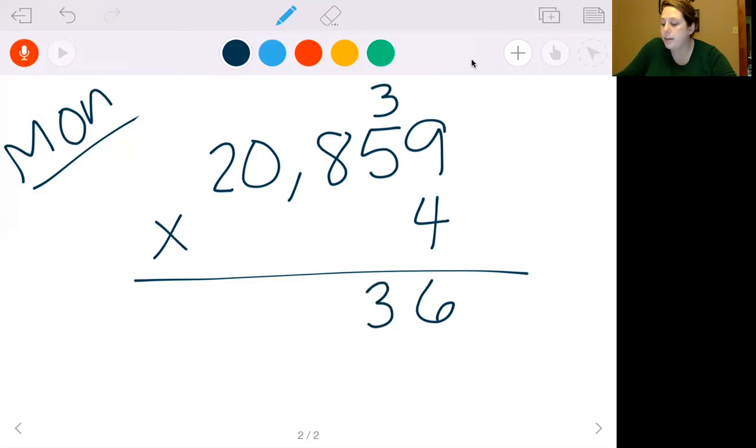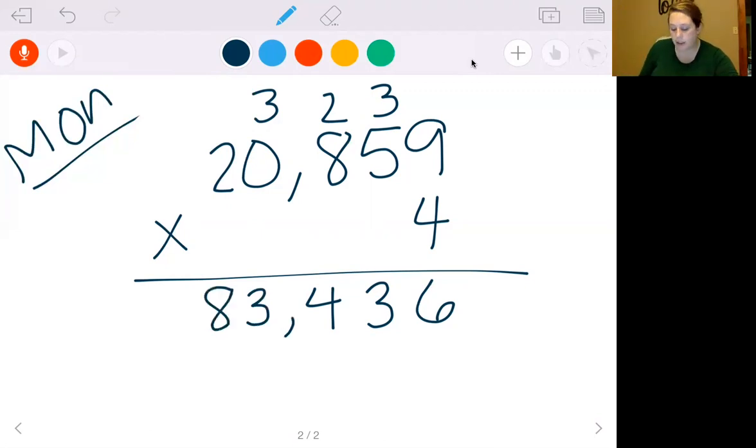So I'm going to put my 3, carry my 2. Then I say 4 times 8, that's 32. I add my 2 to get 34, put down my 4, carry my 3. 4 times 0 is 0, plus 3 is 3. 4 times 2 is 8. So my final answer is